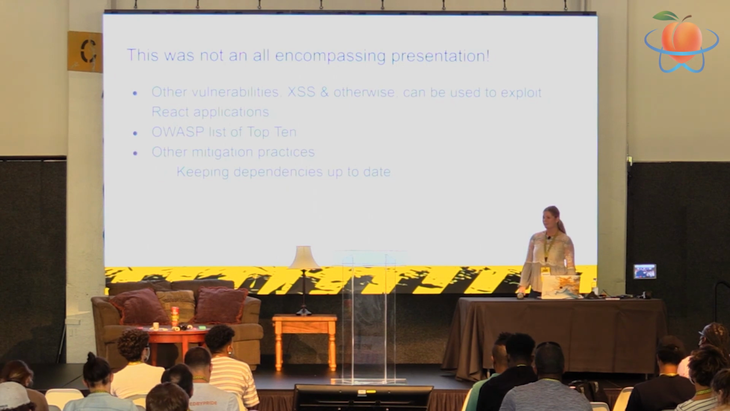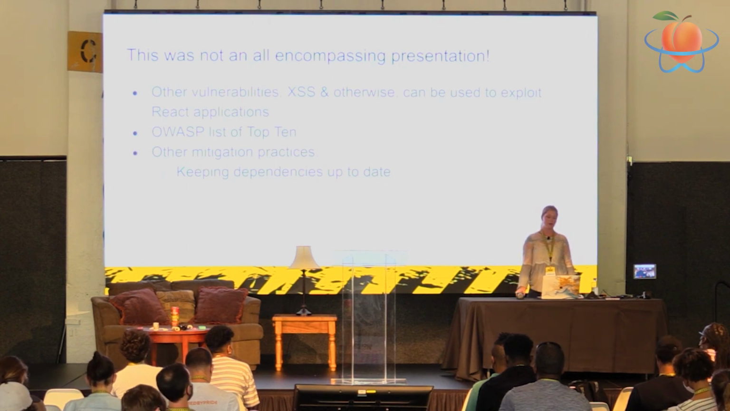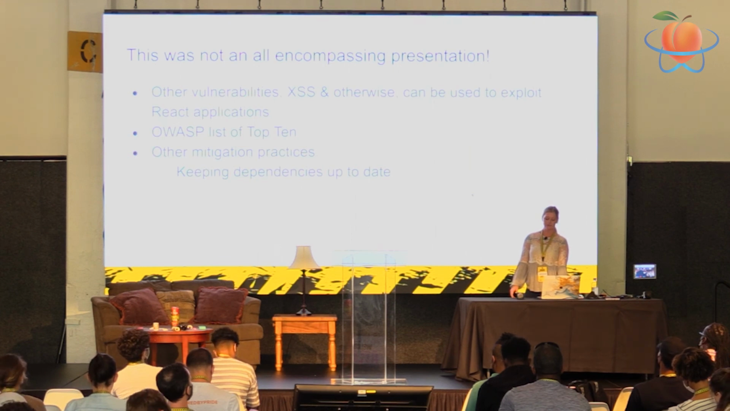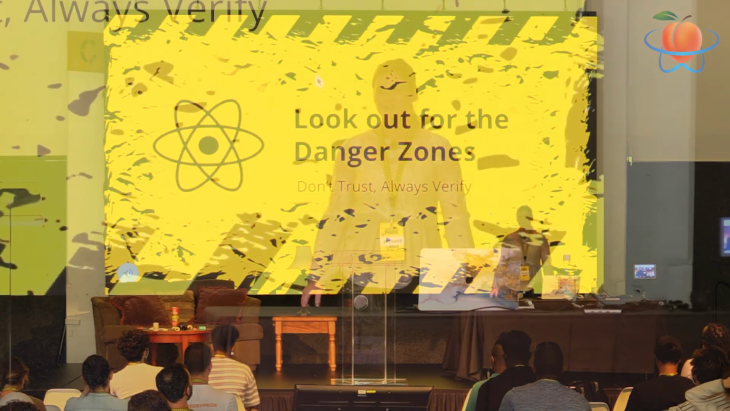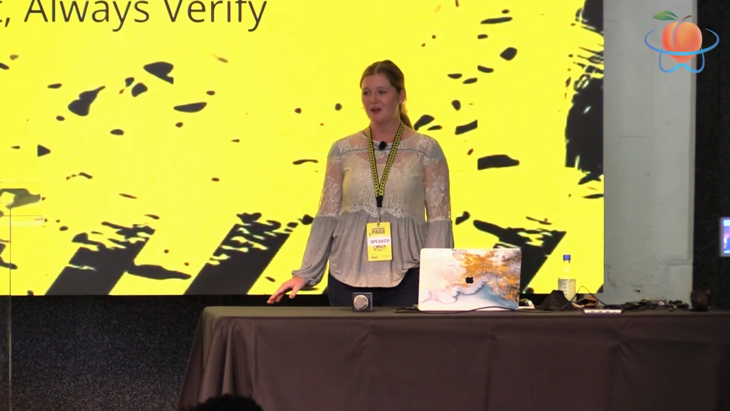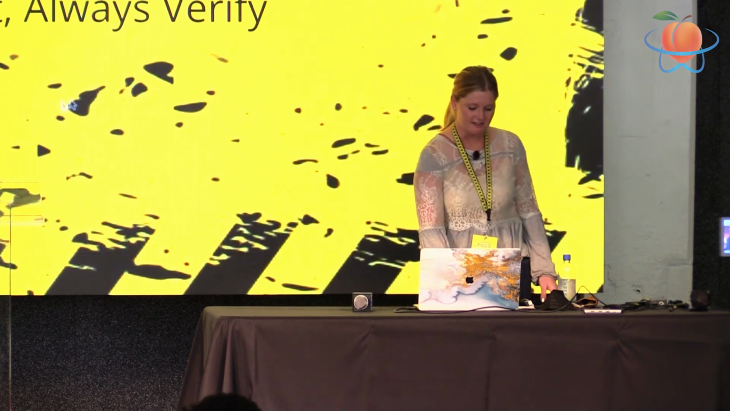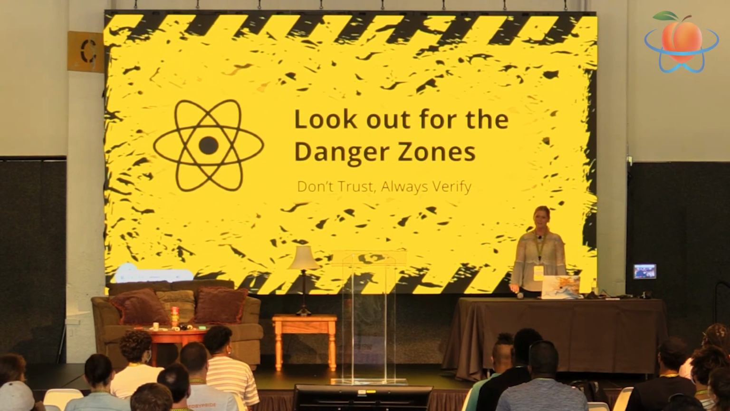If you're interested in learning more, and I hope you guys are, OWASP publishes a list of top 10 web security vulnerabilities. That's a great resource to check out. You can also just do some basic things in your day-to-day coding, such as keeping your dependencies up to date, that will really help prevent web security vulnerabilities in your application. So I'm going to leave you with some final thoughts. The first is make sure you're always looking out for danger zones. Don't trust, always verify. And finally, when you do see web security